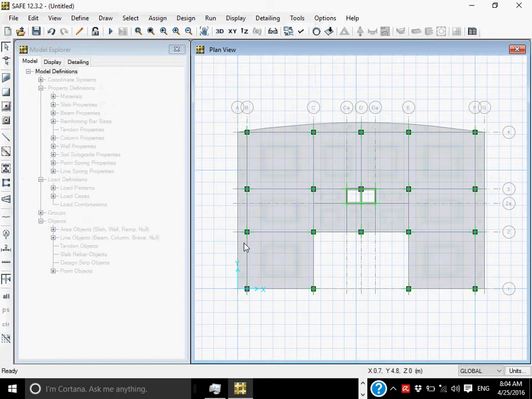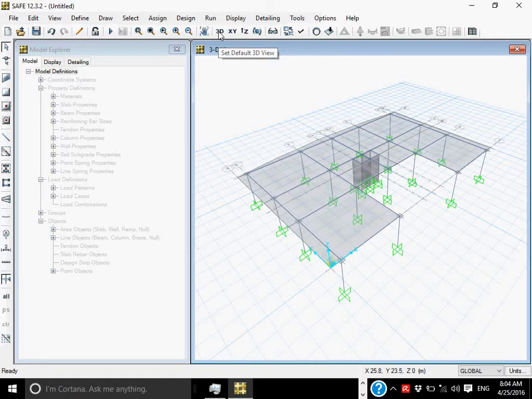So this is the floor which we have modeled in SAFE. Okay, let's see it in the 3D view. What is it showing us? Oh, like this. These columns are just for the calculation of punching shear and for the design of beams as well, because SAFE will not design the column.